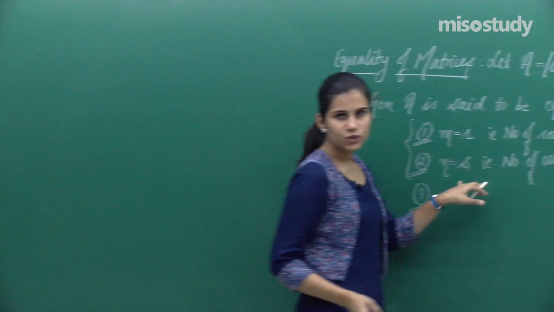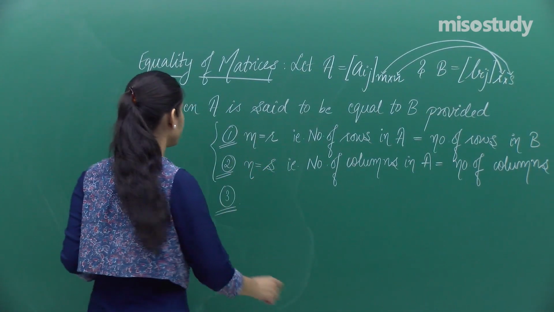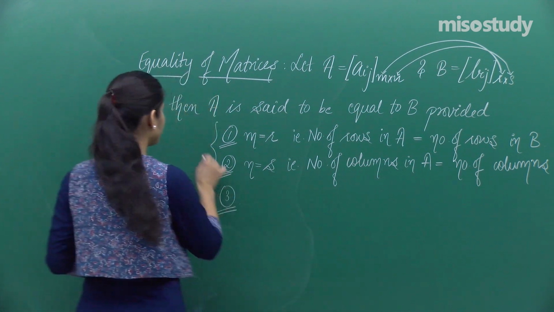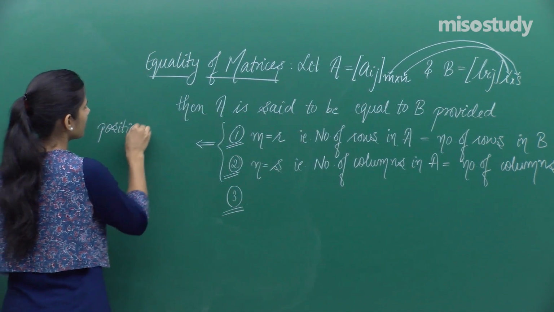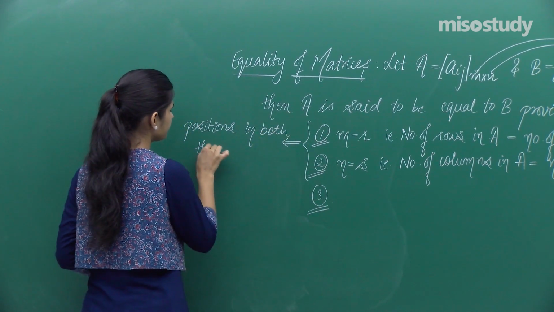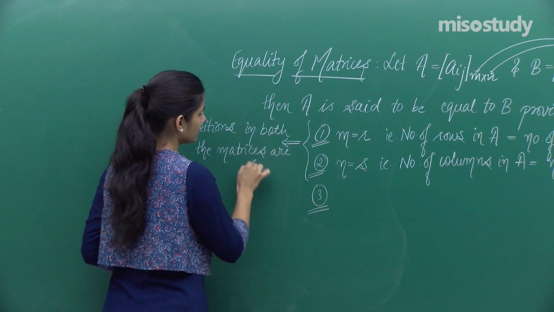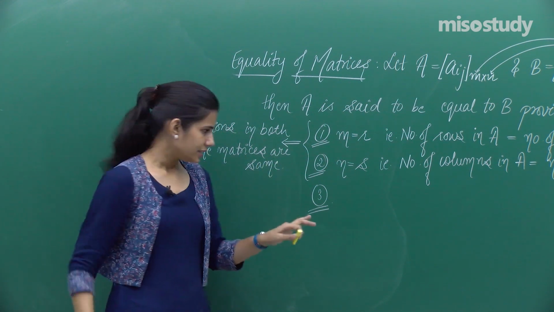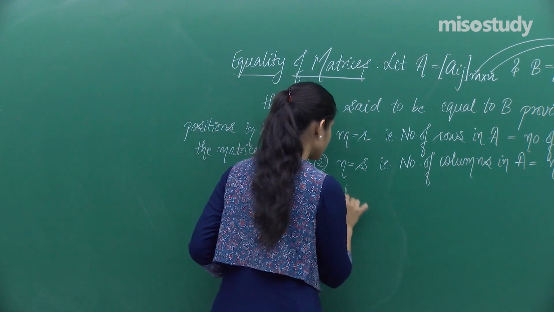So if these two are same, that means the number of rows in both the matrices are same, number of columns in both the matrices are same. That means what? If number of rows are same and number of columns are same, this implies positions in both the matrices are same. The moment positions are the same, exactly same, the last step would be that the elements sitting in those positions have to be same. So elements